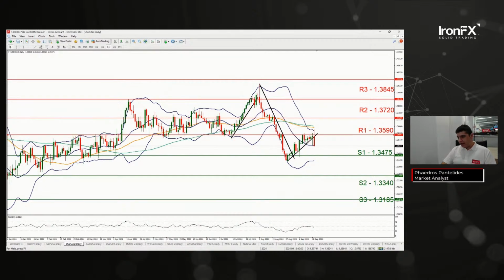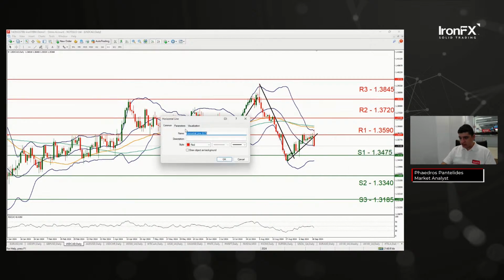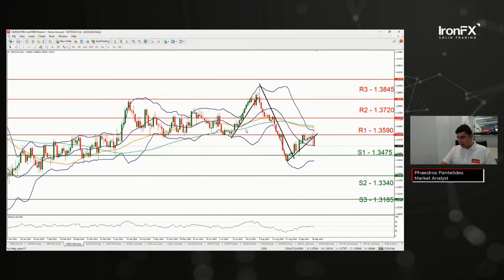I am going to be placing my resistance level just slightly higher at 1.3610, rounding that up. Now, one might ask, why am I not using these wicks? This is a bit nicer. Look at the closing of the bullish and the opening of the bearish candles. These wicks did go through, but if you look at the prior history, let me just insert a rectangle so that it's easier for you guys to see.